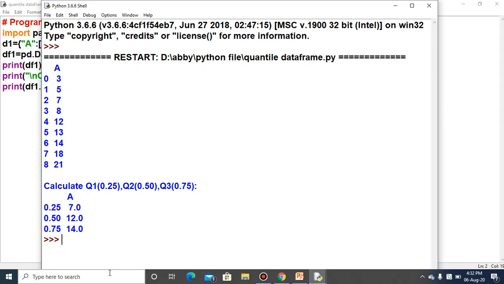How to do it manually, you should know. There is a formula to find the 25%, 50% or 75% quantile. How to calculate this, I will be giving you in the form of a PDF in Campus Care. Please go through it, because in the examination the system will not be provided, so you will be writing that 0.25 is 7.0. You need to calculate it yourself. How it is calculated, I will give you in the form of a PDF.